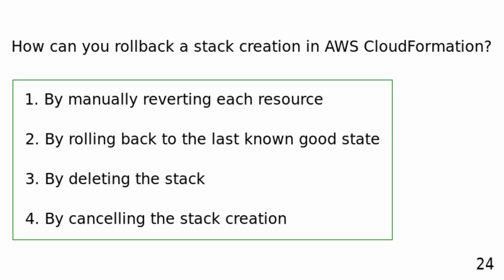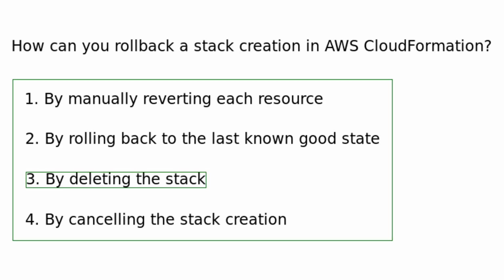How can you roll back a stack creation in AWS CloudFormation? By manually reverting each resource. By rolling back to the last known good state. By deleting the stack. By canceling the stack creation. To roll back a stack creation in AWS CloudFormation, you can roll back to the last known good state before